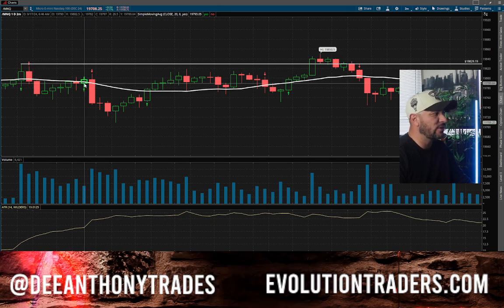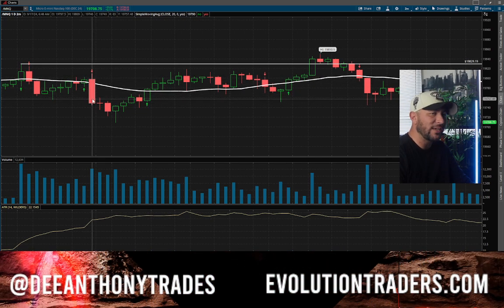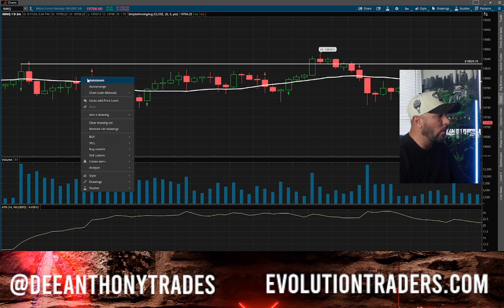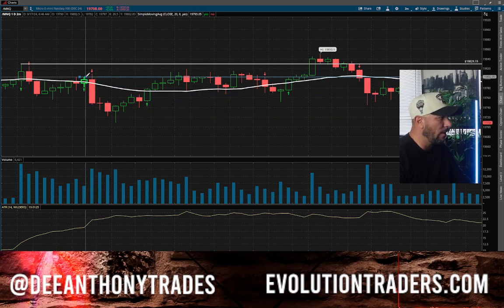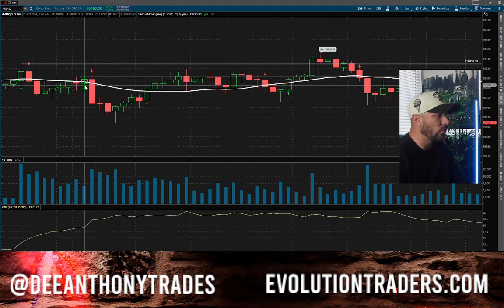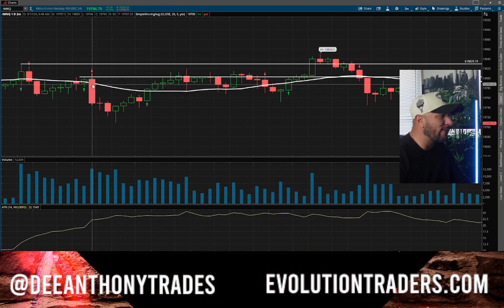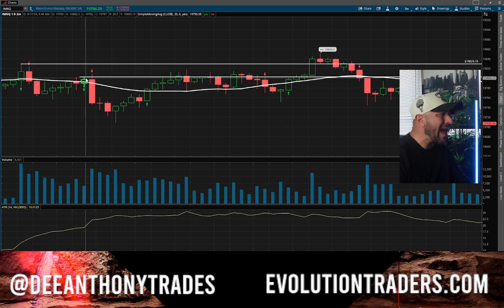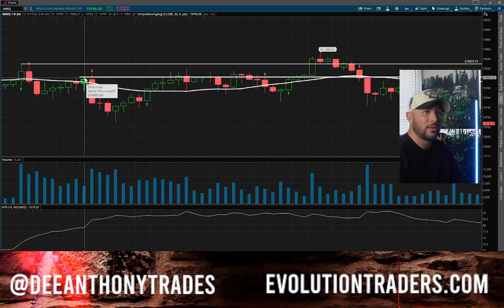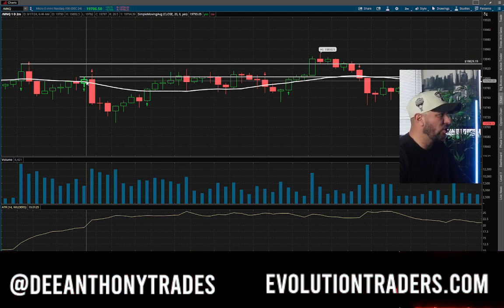Here's another setup, long. Notice how the following candle is red. Before you even worry about this big red move, guess what's going to happen? We're going to set our entry above the reason why candle. The reason why candle is the candle that closes over the 20 SMA. We are going to get in on the following candle as soon as it breaks the high. And as soon as it breaks the high, which high price is